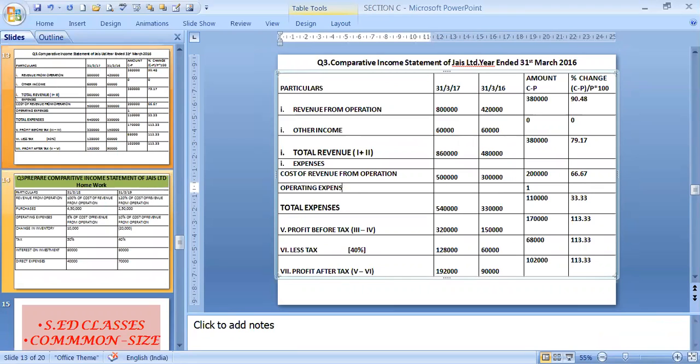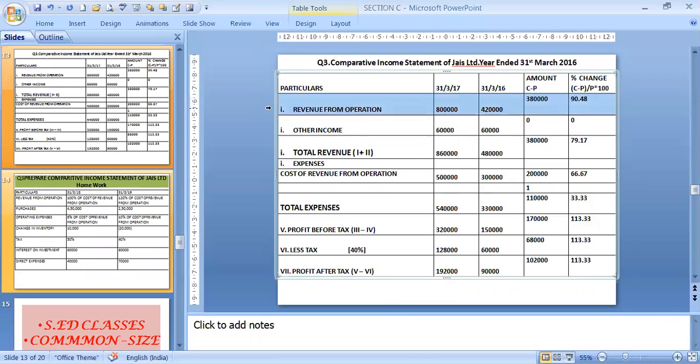Generally the sums you get will not be complicated. You will either get cost of revenue from operation, or they will not give you that and will give you the other three. There you don't have to make any choices, you just have to put it in. In this sum, I have just taken it like that. So it was the opening figure and the closing figure.